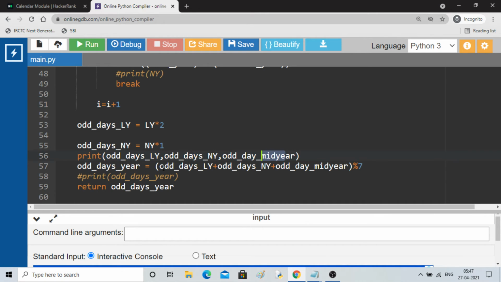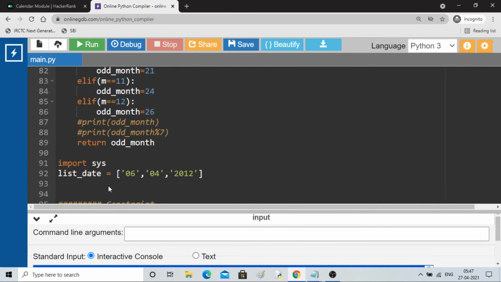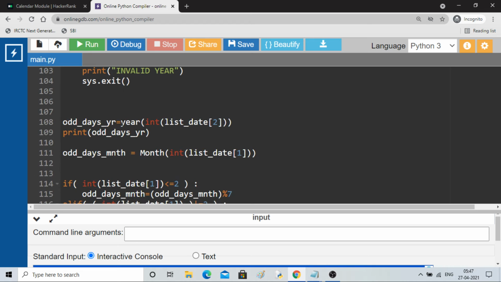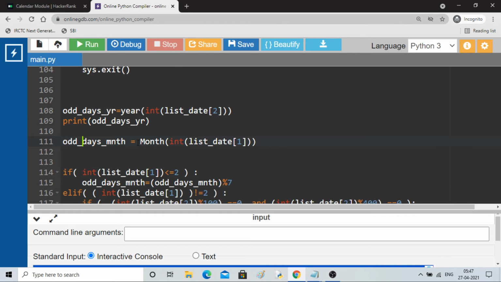Then you add all of them, take the modulo by 7, you will get the odd days of the year, and then you return it. When you return it, this will have your number of odd days from year, and it will print it. Then it will go to the next line.